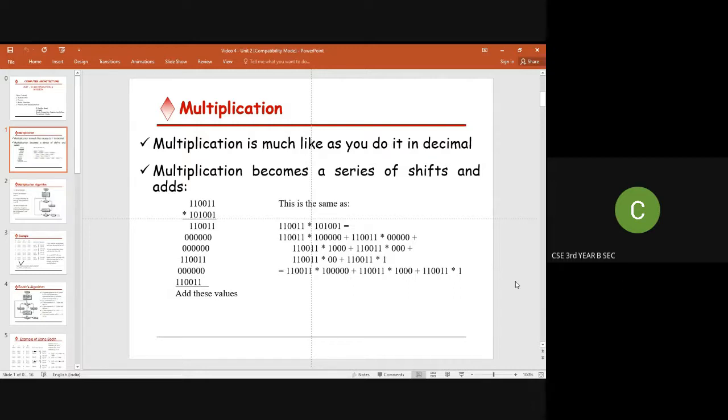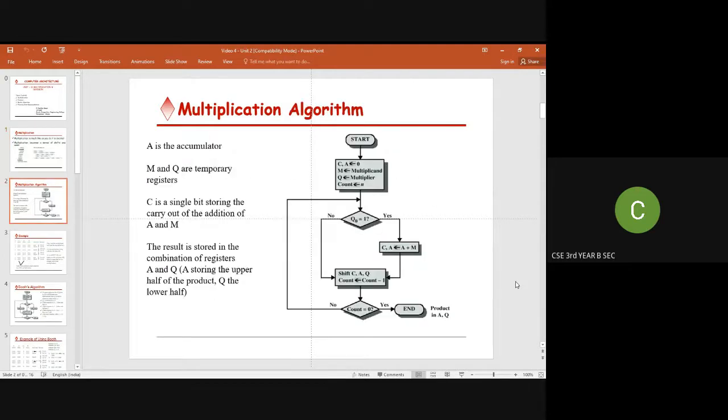How do we do this multiplication using hardware? Here is the flow chart for that. Our multiplicand is stored in the variable called M, and the multiplier is stored in the register Q. So M and Q are temporary registers. Here we are using another variable called A, which is an accumulator. We all know what an accumulator and a register are. All are temporary short memory locations.